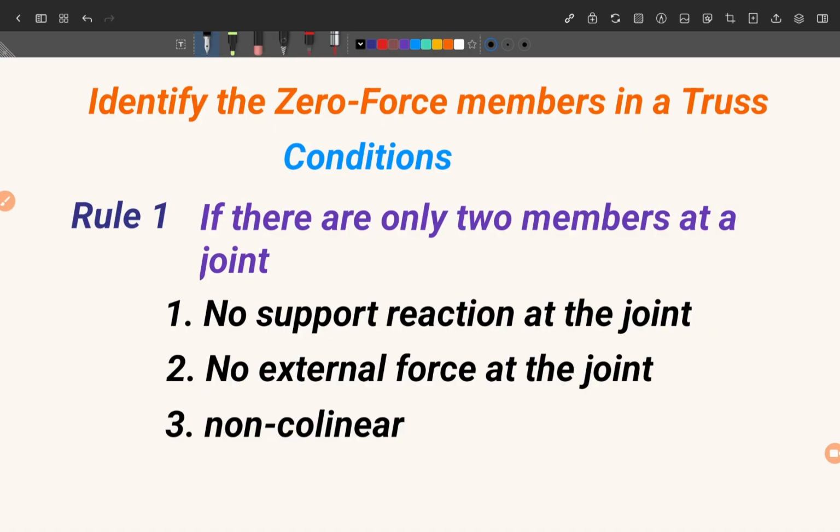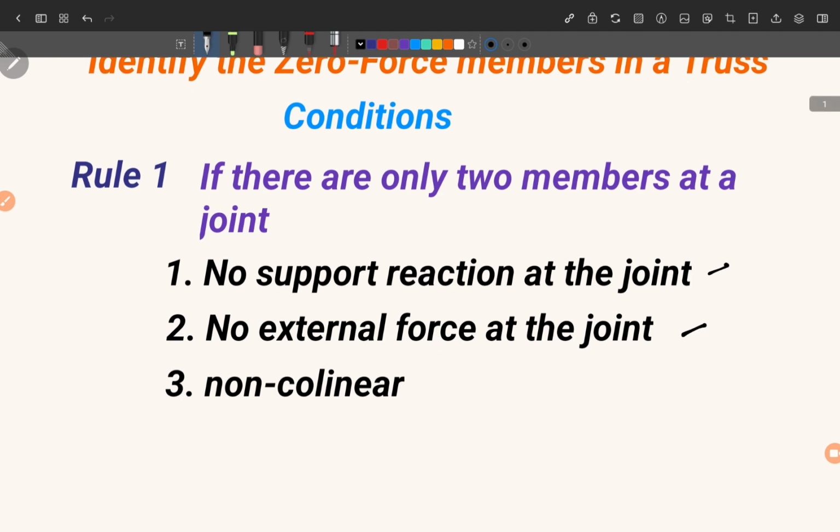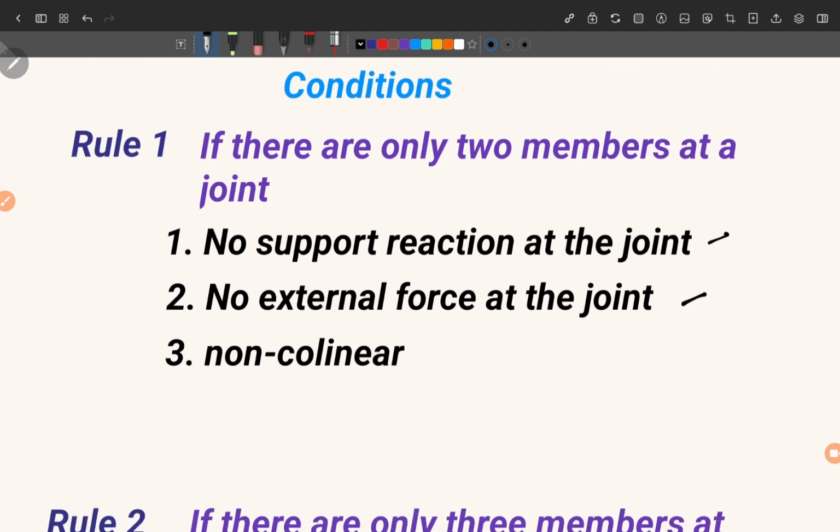So the first rule says if there are only two members at a joint, just two members, there should not be any support reaction at that joint and there should not be any external force at the joint, and these two members should not be collinear, meaning they should not be in a straight line. So how will it be? We can say if it is like this, one member here and another member here, these are two members,